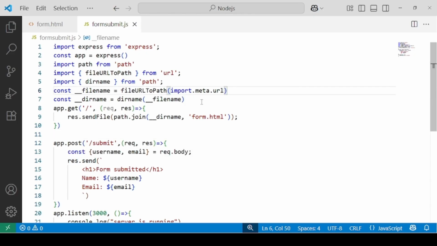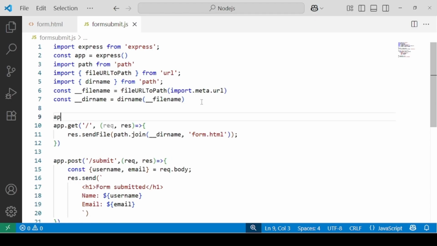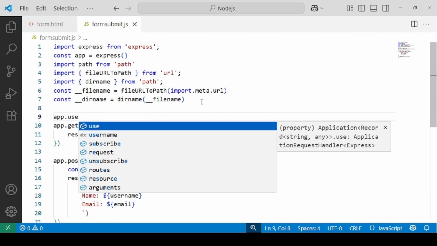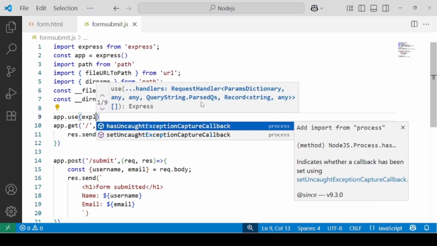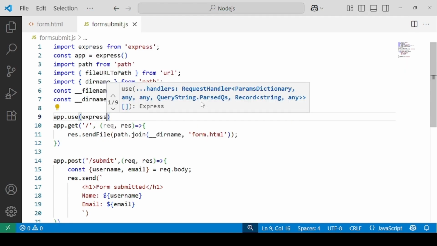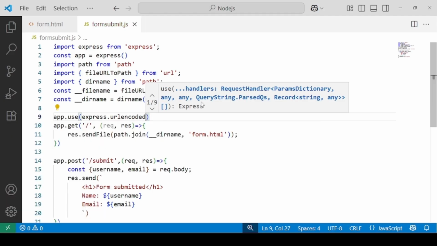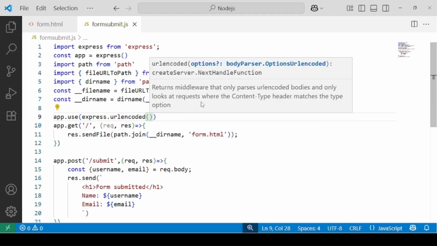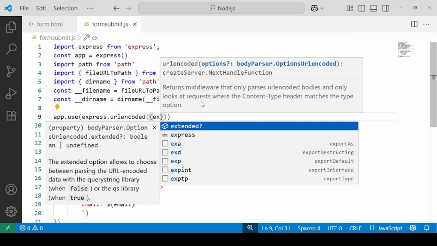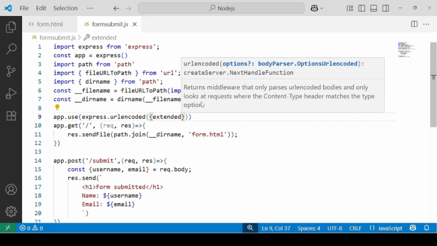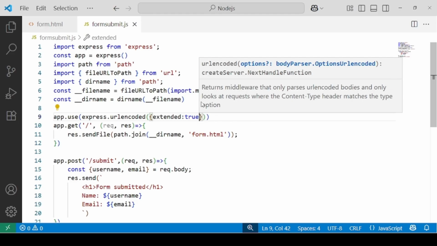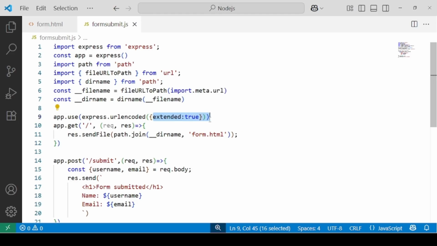We'll be discussing the middlewares in detail very soon, but for now I'm going to use app.use. It's going to use a middleware, express.urlencoded. And for now we are going to pass extended as true. See, even if you don't mention extended as true, it's totally fine, it will work out.